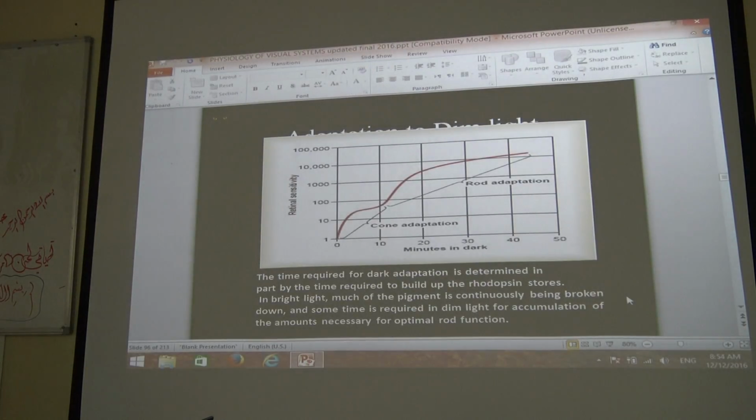Dark adaptation: the cones are rapidly adapted to darkness, but weakly, not sustained for a long duration. And the rods can maintain or increase their sensitivity